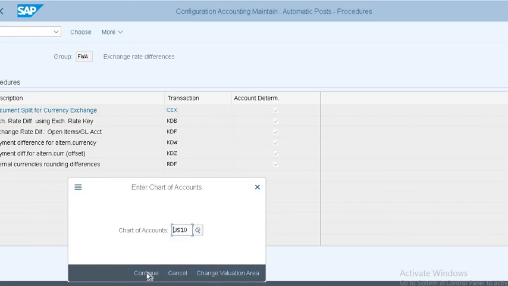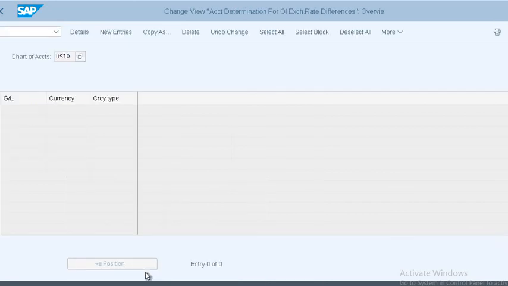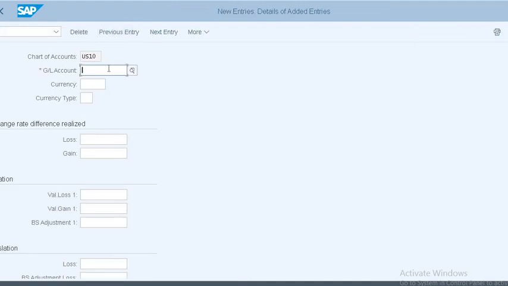So you can continue. Press, we are giving a chart of account level, and click on new entry, then give the loan account.